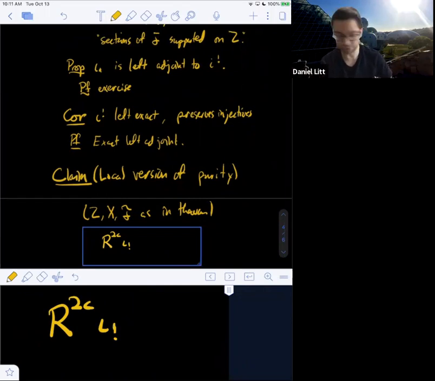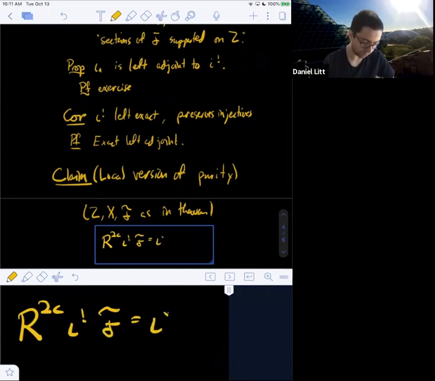If you take the 2c right derived functor of iota shriek and apply it to F, then this is going to be equal to iota upper star of F twisted by minus c.